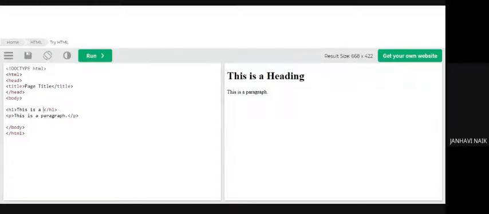So if I say hello, good morning, this is how it will be. Rest all things remain the same. The only thing is one line you have to add, that is called doctype html.